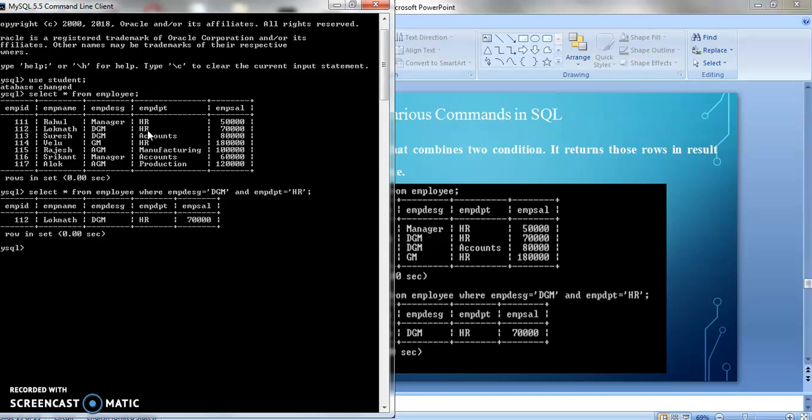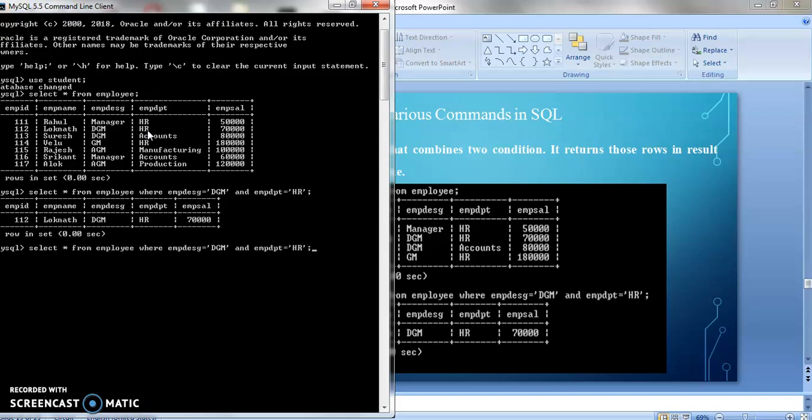AND means both. Suppose I modify my query. I want the name of the employee whose designation is DGM and department is HR, only the name of the particular employee.